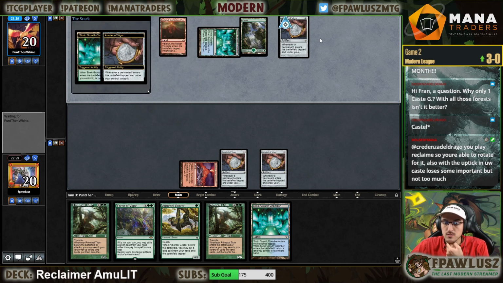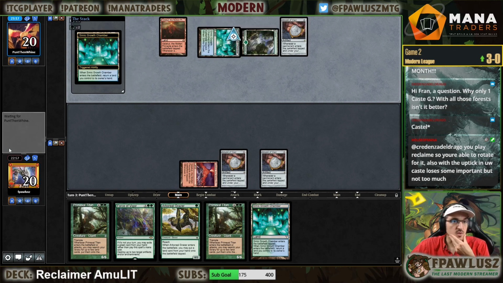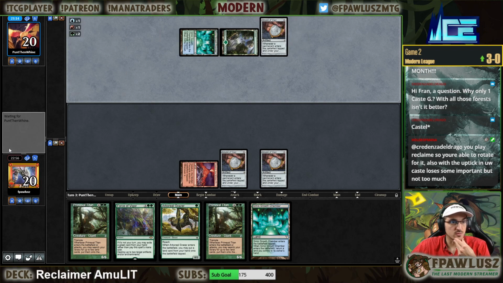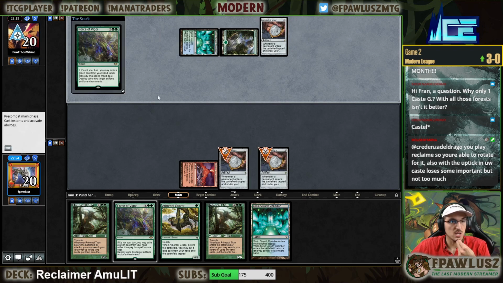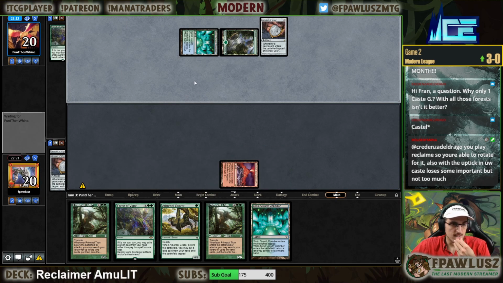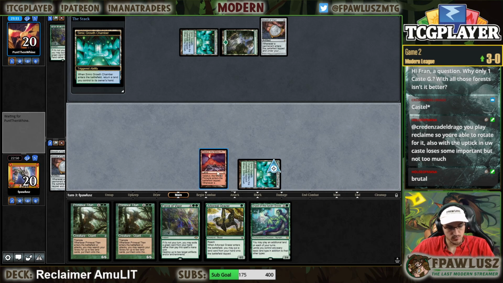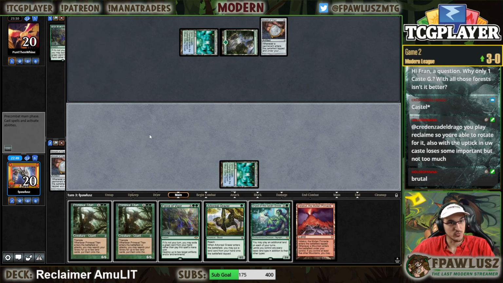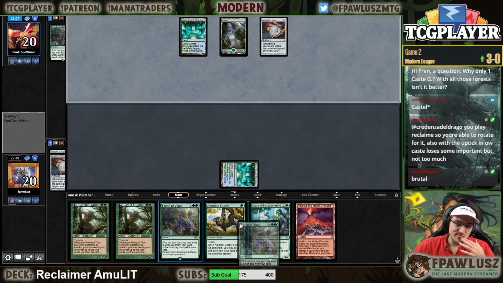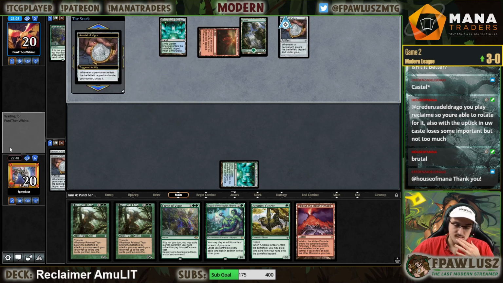Why only 1 castle with all the forests? Isn't it better? Well, I'm playing Elvish Reclaimer, so we can just do that, you know. He's gonna hardcast Force. Fuck me. Yeah, I mean, this is what I said when I kept the hand, right? I can't beat Force. Man, for a second there I thought that we had a shot, but